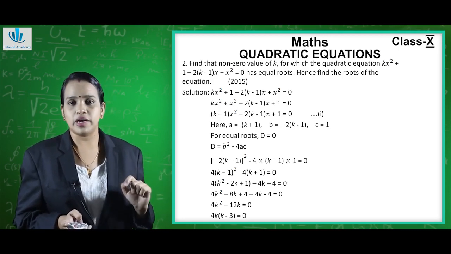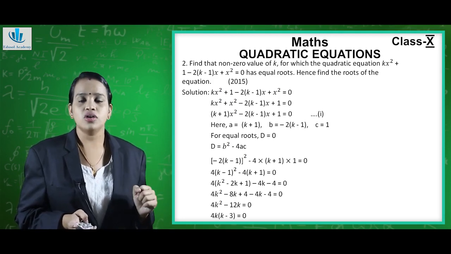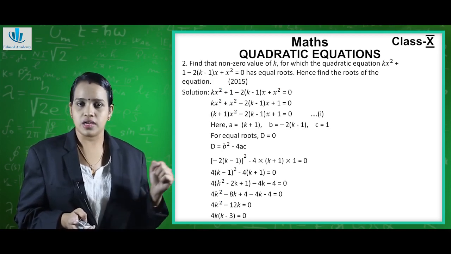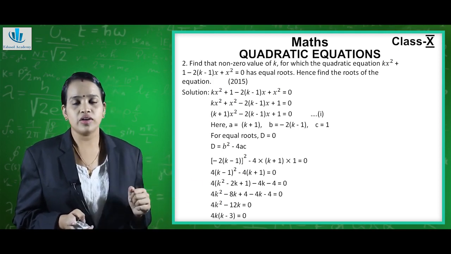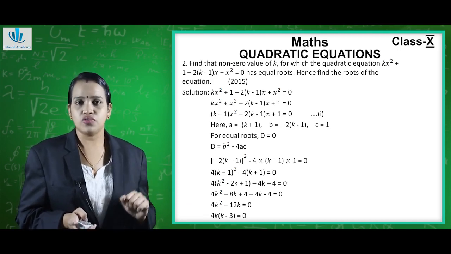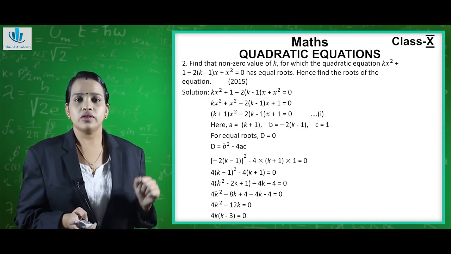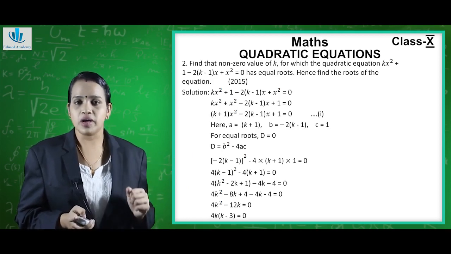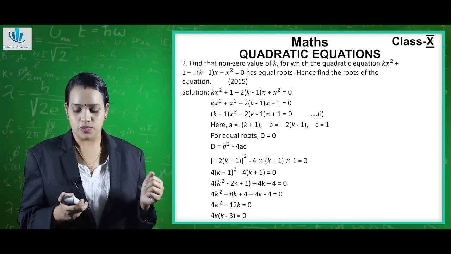Now here we can multiply 4 with the bracket. So it becomes 4k raised to 2, minus 4 into minus 2k it gives minus 8k, 4 into 1 it gives plus 4, minus 4k minus 4, which is equal to 0. We can solve it. So it becomes 4k raised to 2, minus 8k minus 4k it gives minus 12k, plus 4 minus 4 it becomes 0. So it is equal to 0. Now here we can take 4k as common. So it becomes 4k into what remains, (k minus 3), which is equal to 0.